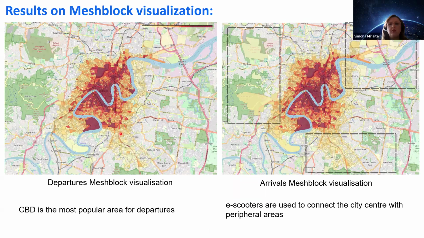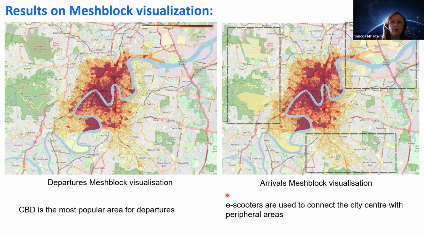So I know this might seem a little bit similar. This mesh block is actually using the definition by blocks that we can find. So the spatial distribution of blocks is kind of spread out. Definitely a lot of departures are happening from Brisbane CBD. However, when you look at the arrivals mesh plot distribution, you do realize there are some remote areas, like suburb areas, that start to appear, which means that people are departing from the CBD, mostly probably after work, and using these e-scooters to go back home in the suburbs. And this is quite interesting to find out.